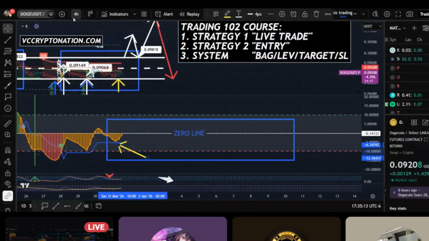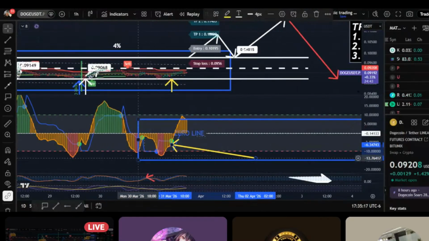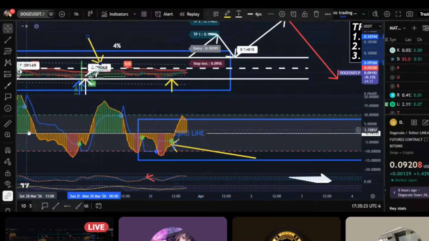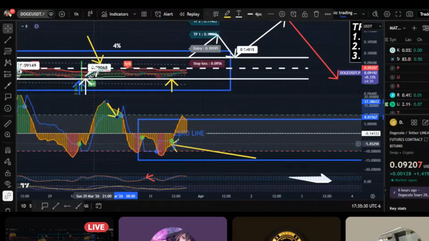So now that we have that, let's slide down to the 1 hour. And what we're looking for on our 1 hour is moon resets, right? So over here you can see that we had the trade already happen. More than likely we already took profits. Here's our profit zone. And then we start hitting a blue moon. So then what we'd be looking for is the next time that this goes into a moon reset, right? Which would be